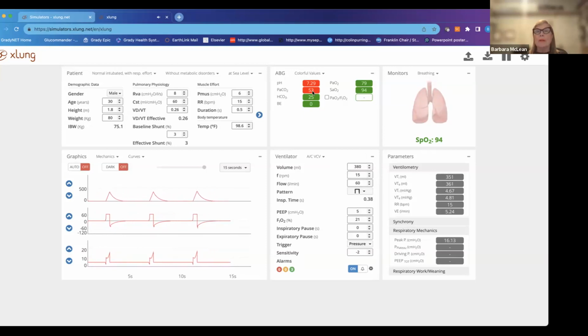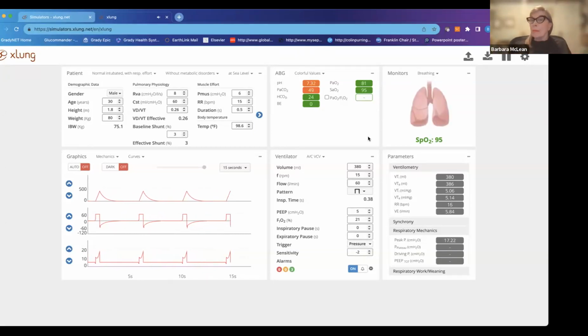And what you're going to start to see is that his CO2 will start coming down. It's going to take a bit, takes a minute, doesn't happen immediately. So if I'm at the bedside, what I'm going to expect to see is that his end tidal CO2 will start to come down. And I'm going to assume as end tidal CO2 comes down, that my arterial CO2 is going to normalize more effectively. So remember, in general, and that's why you can not always just rely on end tidal CO2, but in general, you're going to use end tidal CO2 to predict what your arterial CO2 is, as long as you've validated